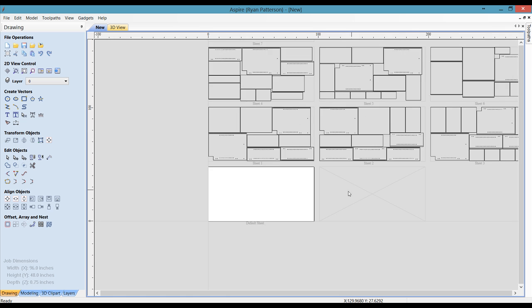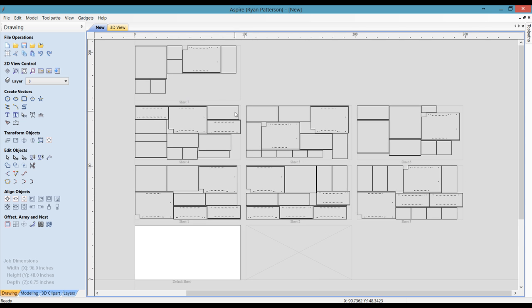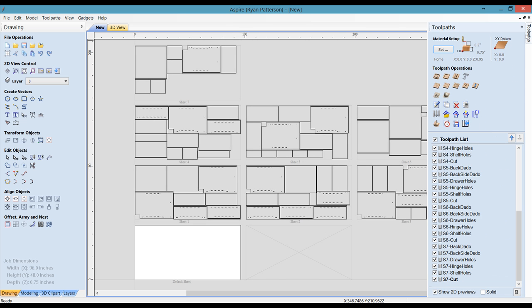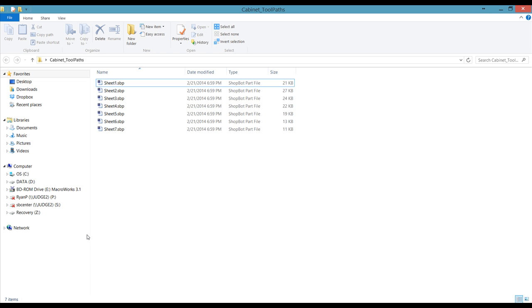So once I select OK, we see little flashes, and now we have a total of 7 sheets that have been brought into Aspire. Taking a look at our toolpath list, we see we have a toolpath list that has been built up. It is labeled S1 for sheet 1 up to sheet number 7, tagged with the layer name that is associated with the particular object that it was toolpath for. And going to our folder which was empty, we now have 7 cutting files listed. These 7 cutting files happen automatically